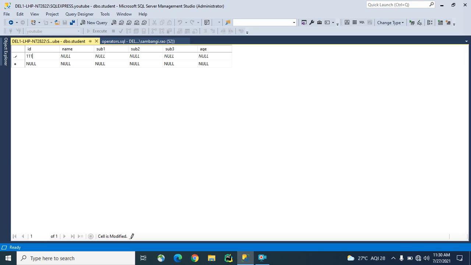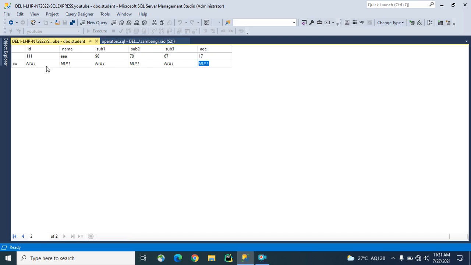I have given triple one as the id for the first student, and his name is like this. Subject 1 marks are 98, suppose. Second subject marks are 78. Third subject marks are 67. His age is, suppose, 17. That's all, the first row has been inserted here.